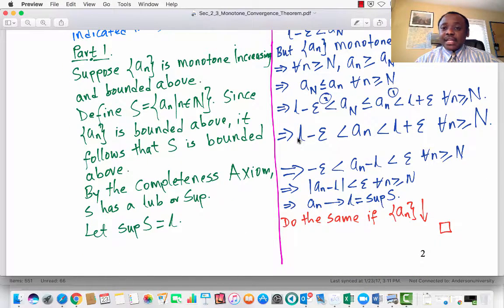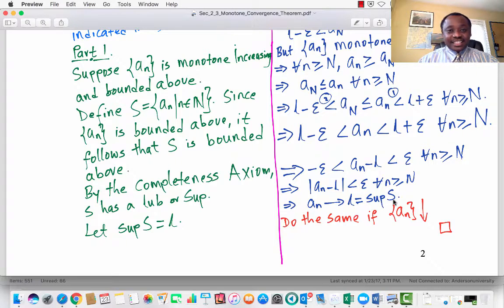In other words, I can subtract L on all sides and I would get negative epsilon less than AN minus L less than epsilon for every n greater than or equal to uppercase N, and that implies the absolute value of AN minus L is less than epsilon for every n greater than or equal to uppercase N. In other words, by the epsilon N definition of convergence back in section 2.1, AN converges to L,